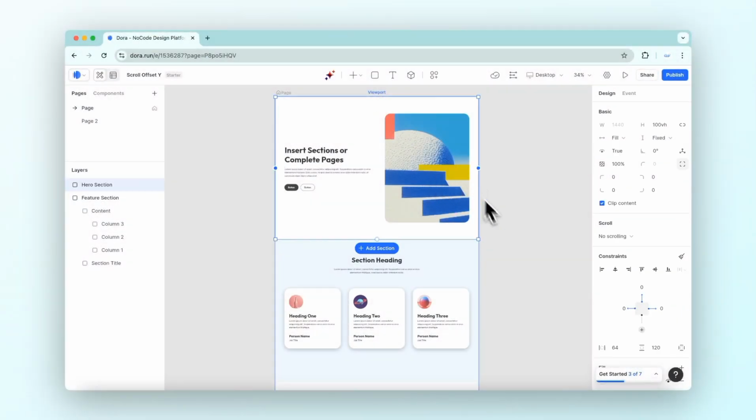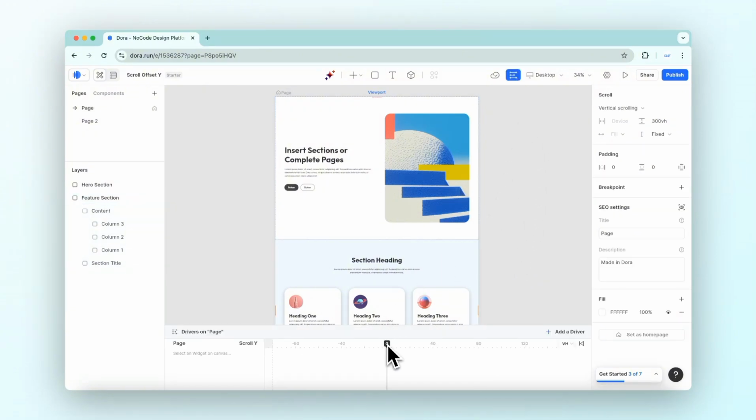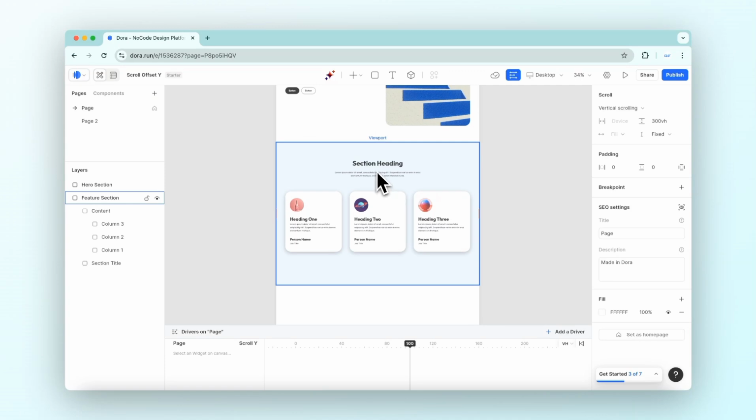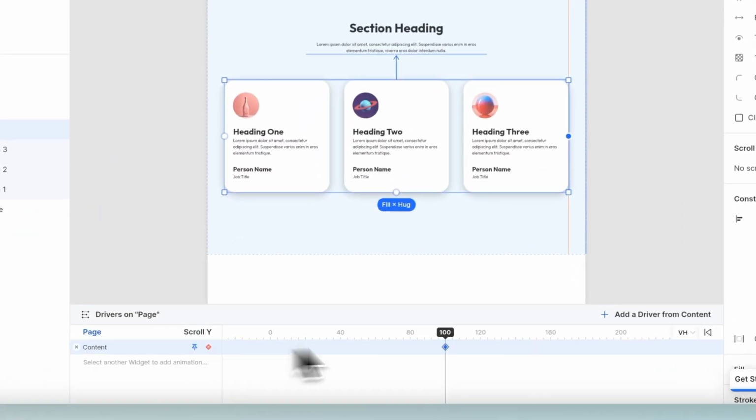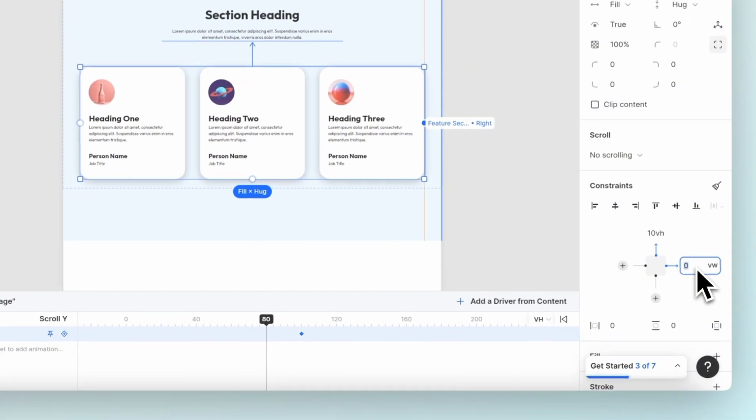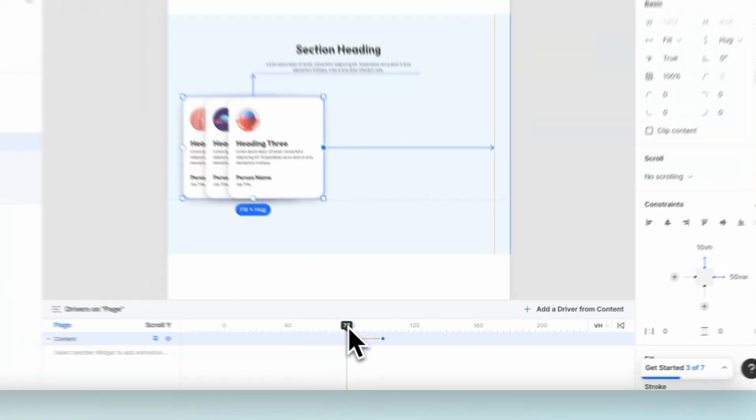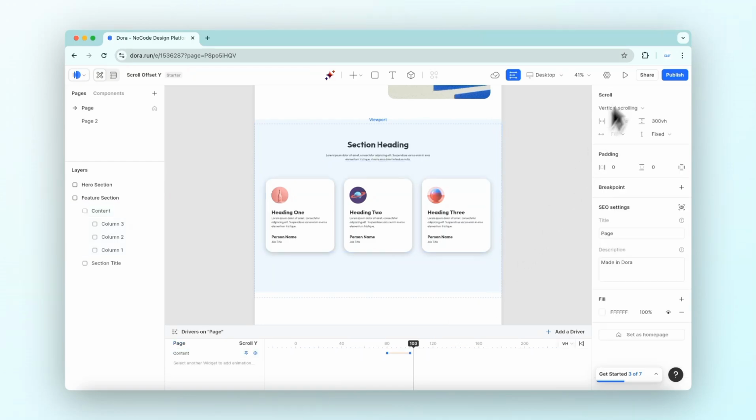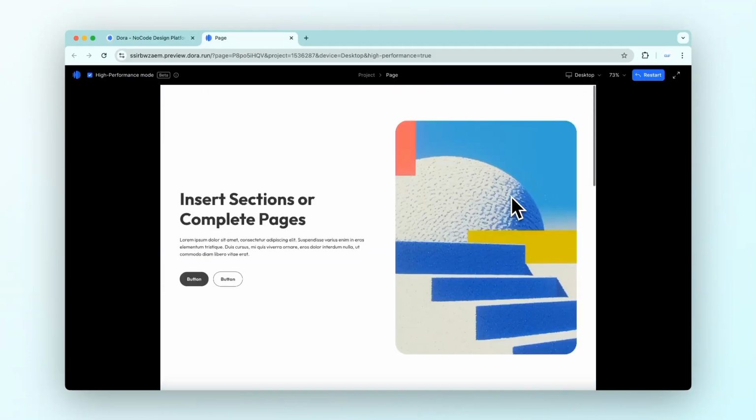We have a hero section and a feature section on the page, and we want to add an animation inside the feature section. Let's go to the keyframe panel and select the element that we want to animate. For instance, I'm setting keyframes at 80 to 100 VH so that I can get this cards laying out effect. Let's go to the preview and see this is the animation that we're going for, the cards layout when we